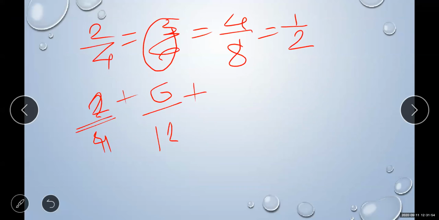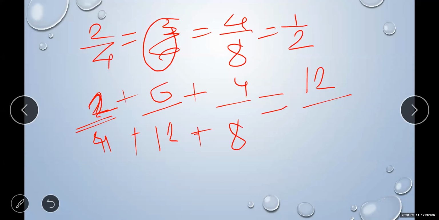Again, add all these ratios. What will you get? Here you got 12, and here you got 24 as the addition. So 12 ones are 12, 12 twos are 24. 1 upon 2, 1 upon 2. So if the ratios are equal, we can apply the same operations on the numerator and denominator. So this funda we have to use in 4.4.